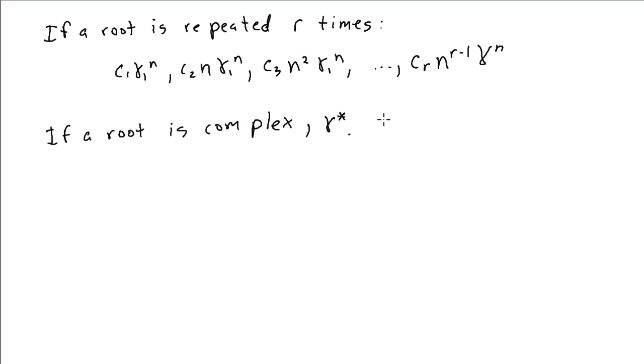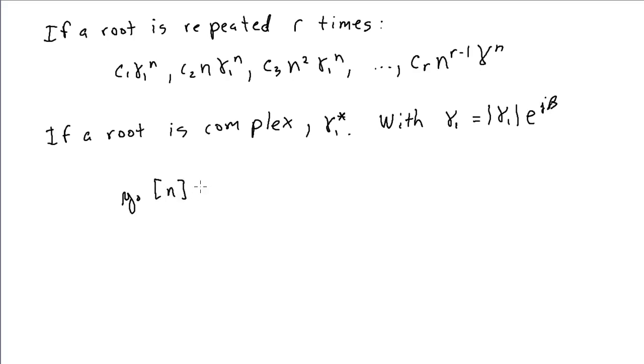And if we write the root in polar form, so if I write the particular complex root, I'll put a number on it. Let's call it gamma 1. If I write it in the form magnitude gamma 1 times e to the j beta,